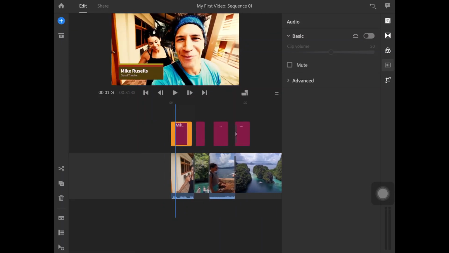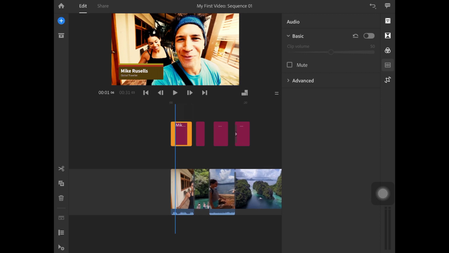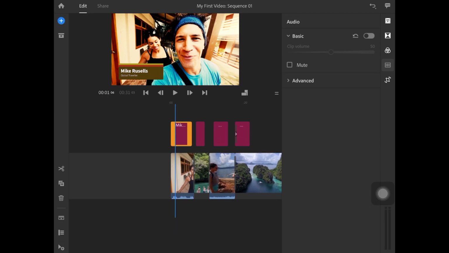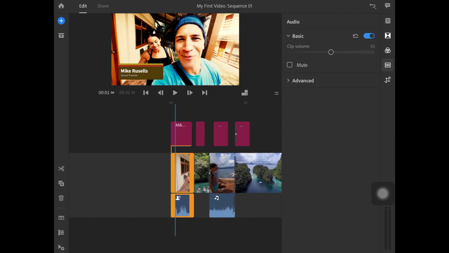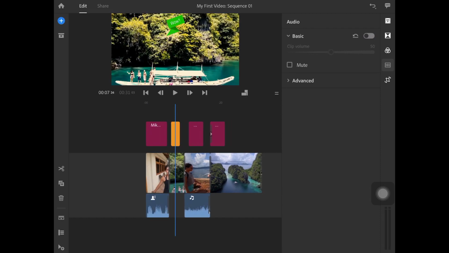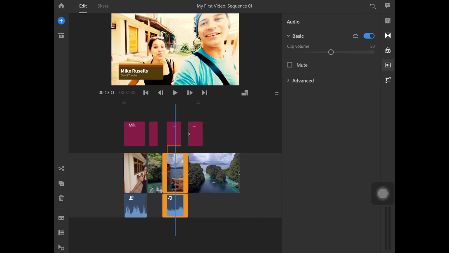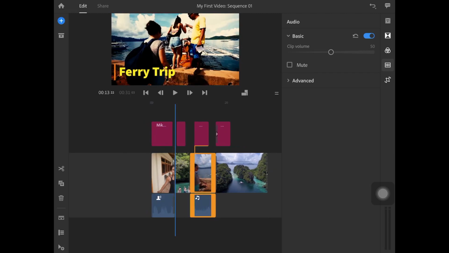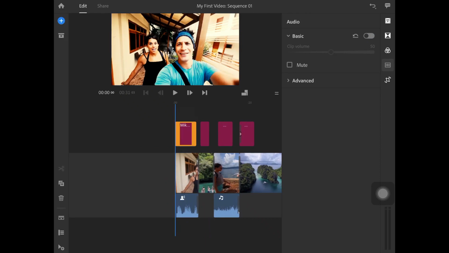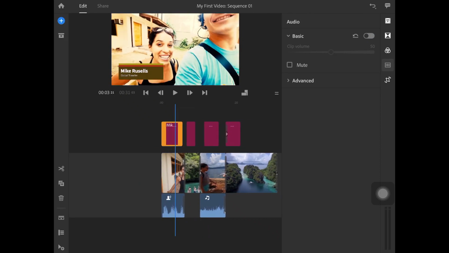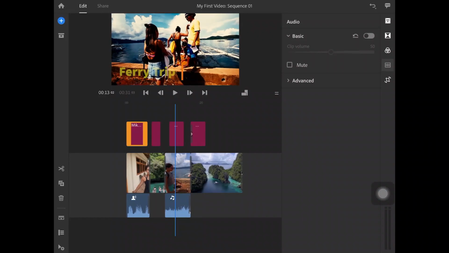Alright, so what can I do here? On the bottom left, below the trash bin icon, there is a collapse or expand icon. If I click on this, it collapses or expands. So if I select my first video clip and say expand, it now shows me the audio in an expanded form. So now I can clearly see the audio below the video. All right, so it shows that this has some audio, and even this has some audio.